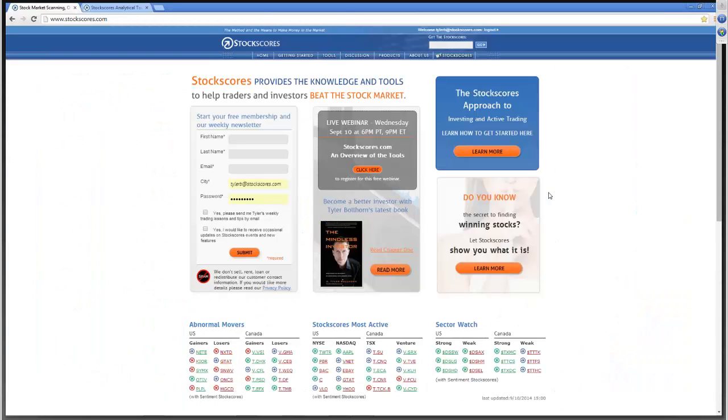So I'm logged into Stockscores.com. Many of the tools that I show you in this presentation are free to use. Others require a membership, and we'll cover off both of them depending on what your interests are. You will either want to subscribe to the website or just use the free stuff, but I will be showing all of that. All right, so let's start by focusing on the toolbar, which is this section at the top here,